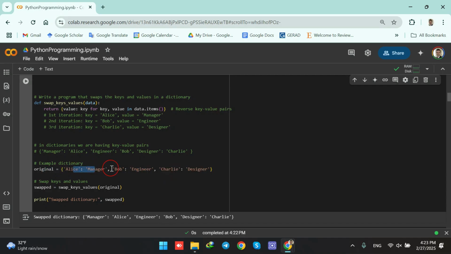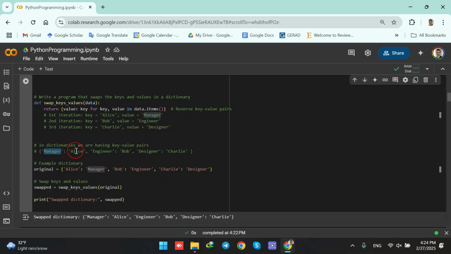So this was the first pair, this was the second pair, and this was the third pair. So we iterated over all the pairs. Now this was the place where we called the function, right? And we passed one argument, which was the original dictionary, and we returned all the output of this iteration, and this is what the output looks like. Because the function call is on the right-hand side, when we return this output, it is assigned to swapped dictionary. So we have a dictionary called swapped with these key-value pairs,